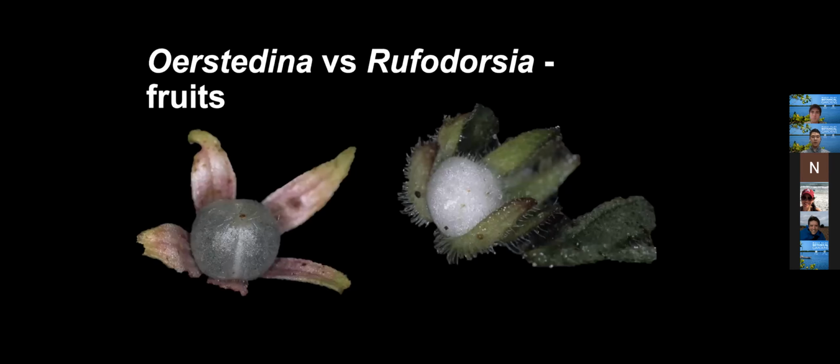Here, the Orsina sericola fruit, as I mentioned before, appears to be black, but it's actually transparent. The seeds inside are black, so you can see the black seeds through the translucence of the fruit. This is not described in literature and is something that we found in the process of doing this project. On the other hand, the Rufidorsia fruit is white and non-translucent. Orsina also has a pointy berry, whereas Rufidorsia has a flat berry. The Rufidorsia fruit also has much more hair than the Orsina fruit.